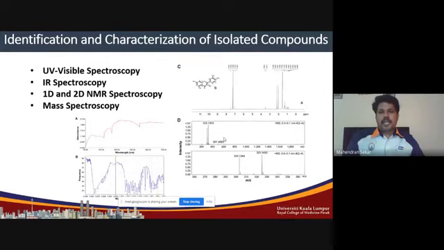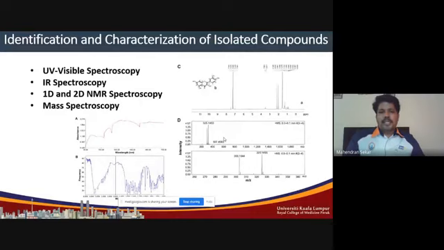So here we can determine how many hydrogens are present, the types of protons, and the location of protons, and also how many carbons are present in the active molecules. So we can get that information. And with 2D NMR, like homo COSY and hetero COSY, we can further do confirmation. And at last we go for mass spectroscopy to determine the molecular formula and molecular weight of the isolated compound. This is what we have been practicing.